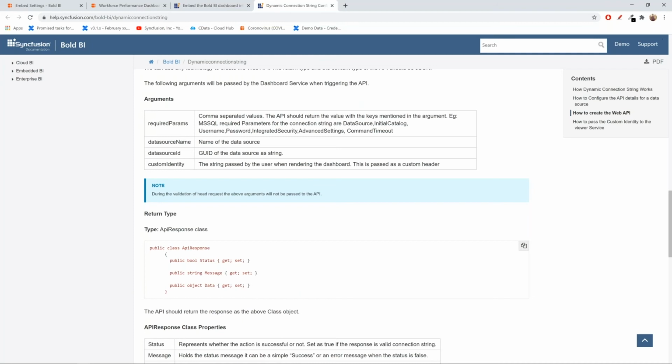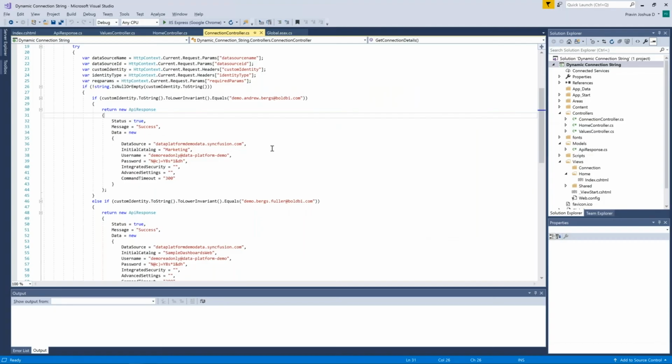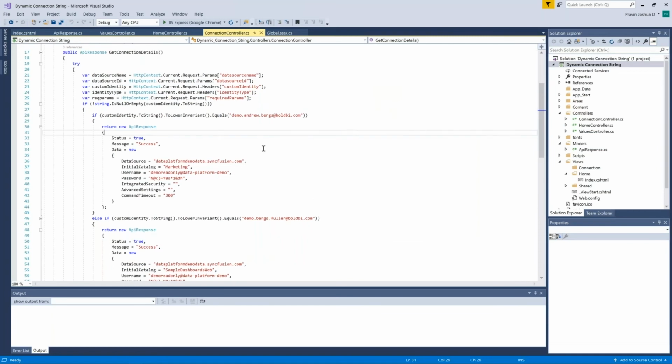Okay, so I will show you a simple web service that I have created. As you could see, for the identity Andrew, I'll return the response, which is just going to be the connection details for a sample SQL Server, and it refers to a database here.